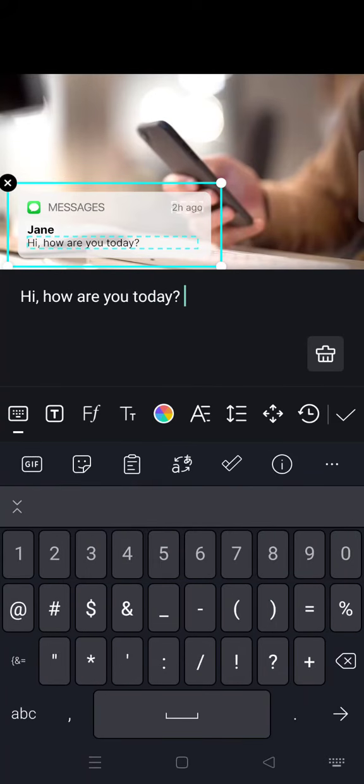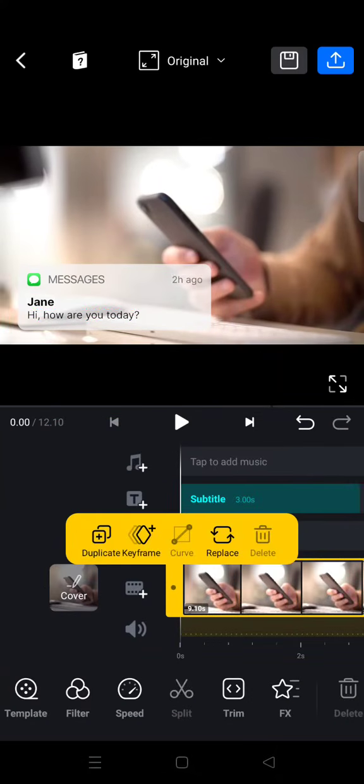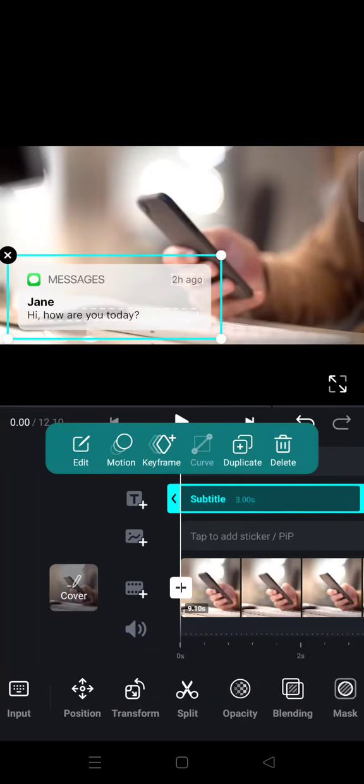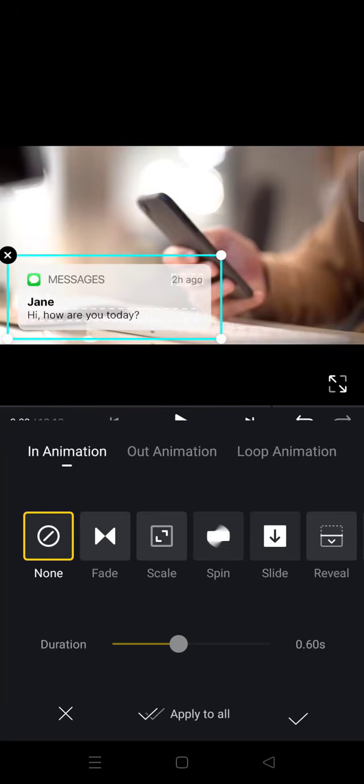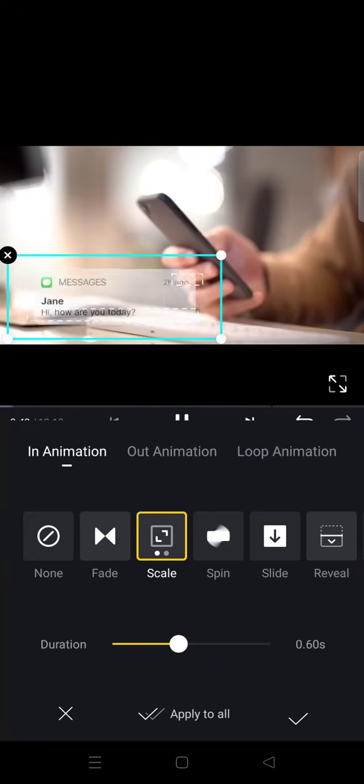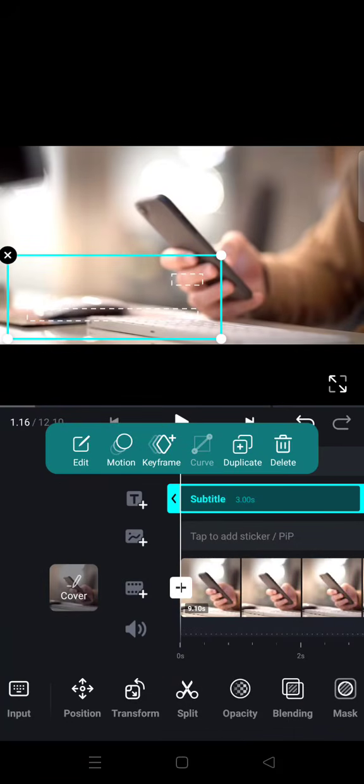Okay, click on the check icon, and now you can add some motions here. I'm going to click on the text and then click on motion, and here I'm going to choose scale. Click on the check icon, and then you can also add sound effects to the message, but I think that's enough. So here is the result for my bubble chat video,